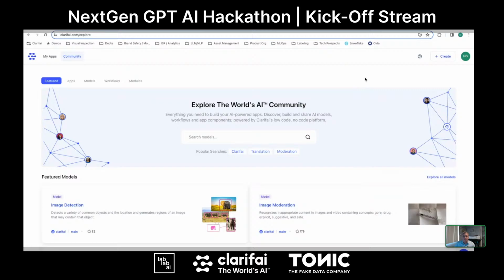The bulk of the Clarifai platform is focused on artificial intelligence and ML ops workflows. So we focus here in these 5 tabs right in the middle of the screen here. Couple things. We have featured models in our community page. These are models that you've heard all about in Google.